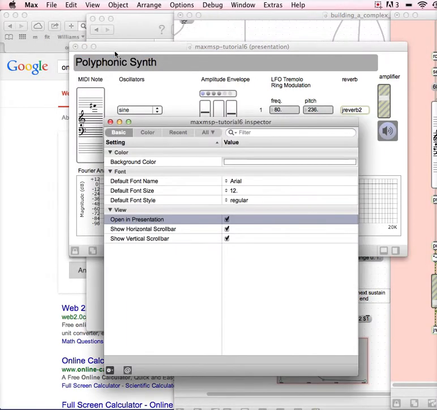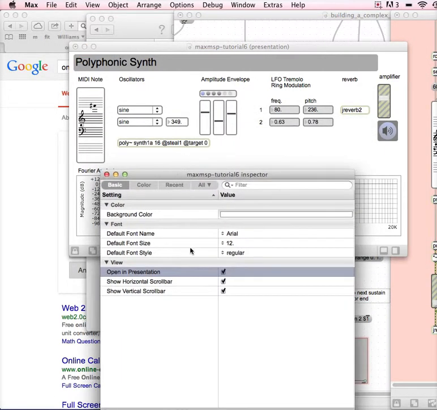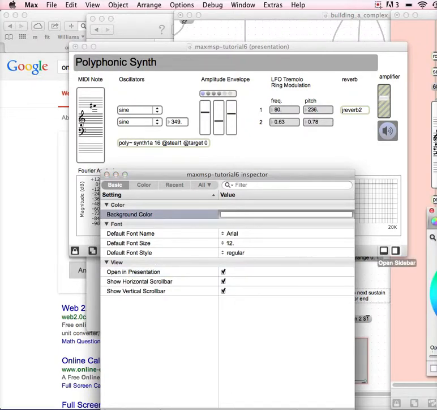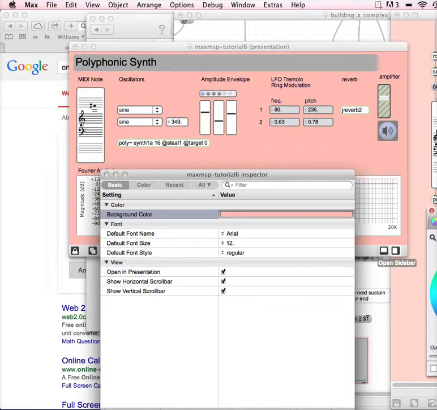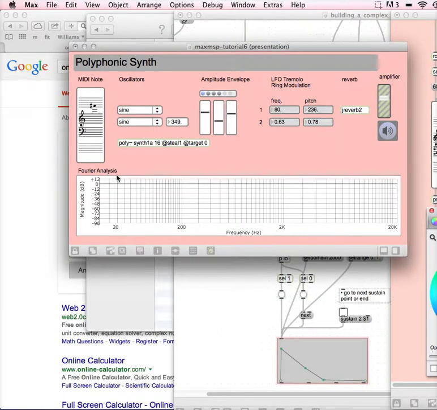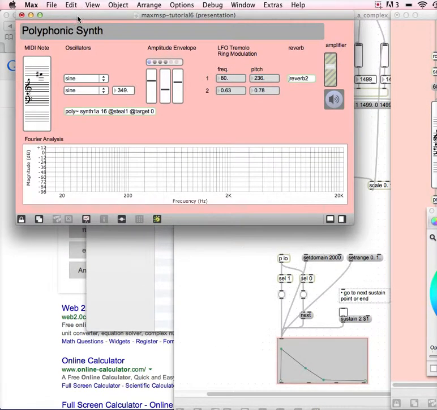Patcher Inspector, presentation view. We want to change the background color. I like to change the background color just because it gives me a sense of what it is that I'm working with. And often I feel if I have multiple patches open, if they're different colors, then it helps me quickly identify what it is that I'm working on. Okay, so now if we save that, now everything is saved,